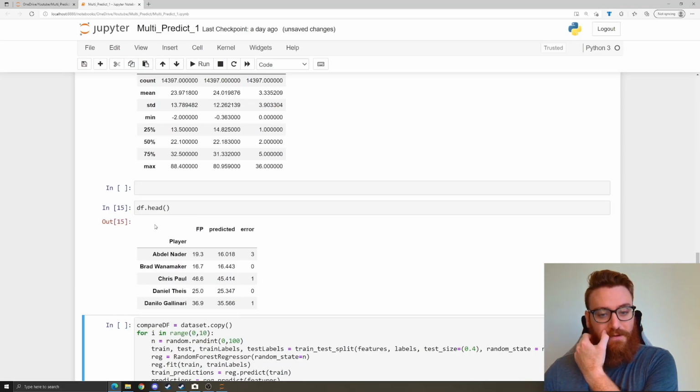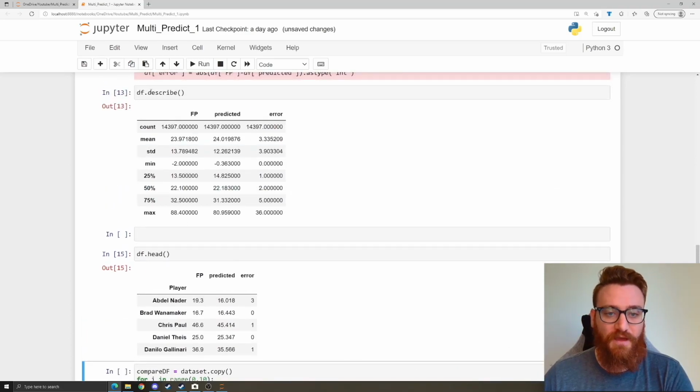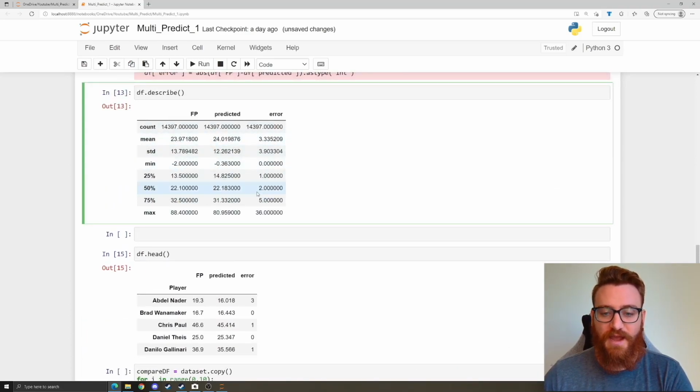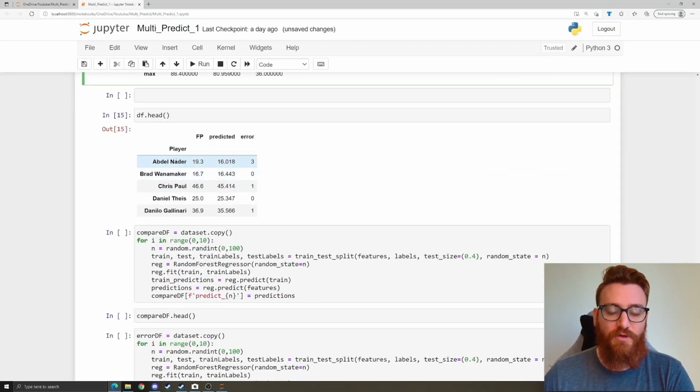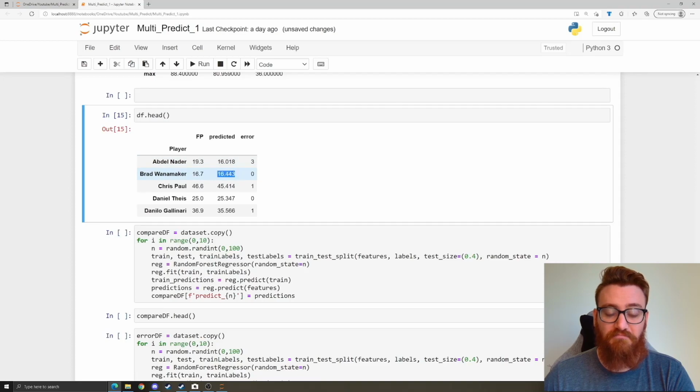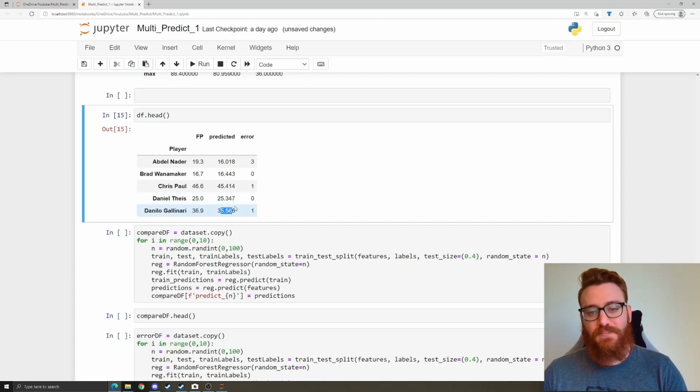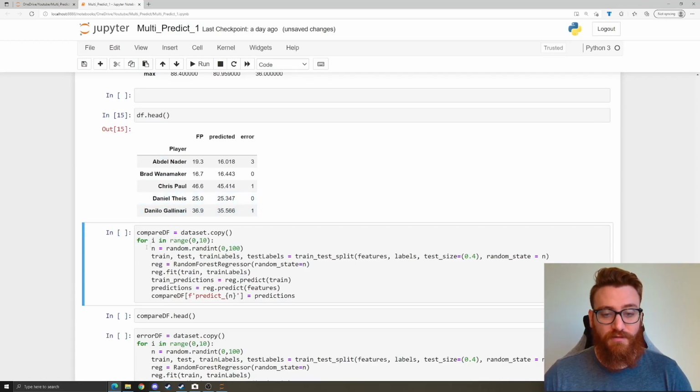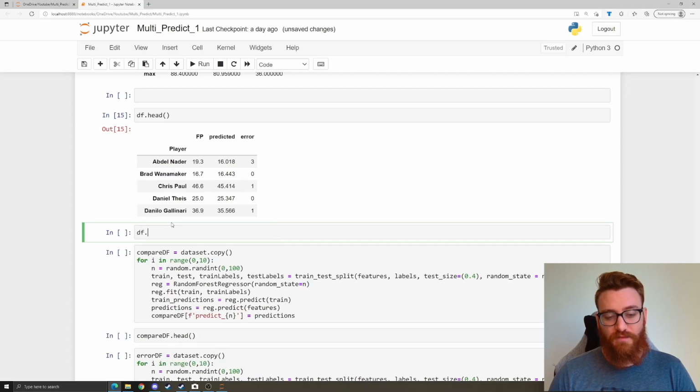So if we look at our data frame here, we described it to get the averages and numbers. If we actually look, we can see for Abdel Nader we predicted 16, it was 19. Got that pretty much right on the money. Pretty close on the money, on the money, on the money. So that looks very good. However, if we want to check